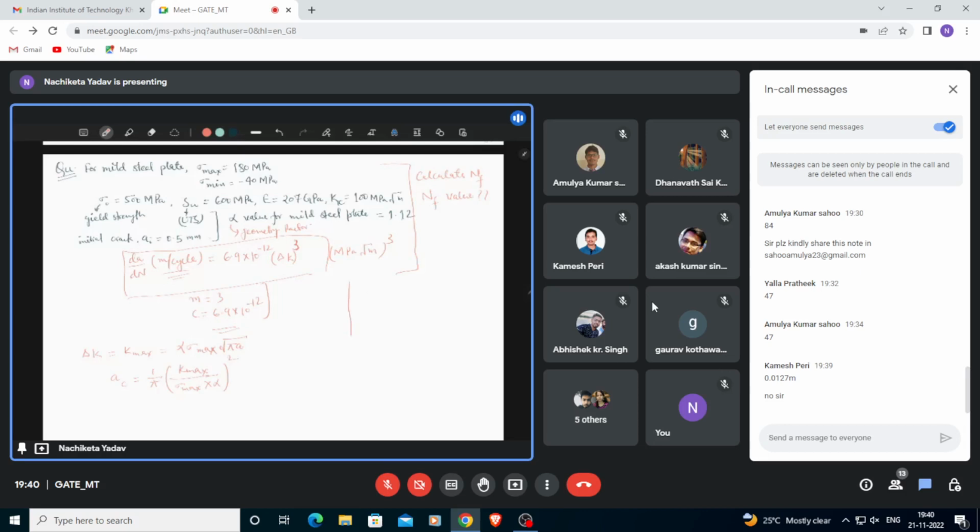And here this value is given, sigma max is 180 megapascal,